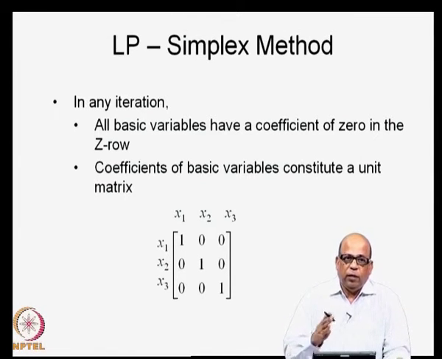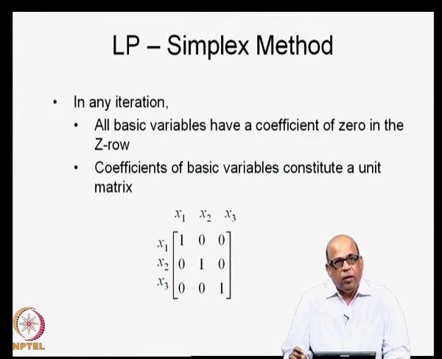So, we must be able to identify multiple solutions in the simplex method. Then we also know that if your feasible space is unbounded in the direction in which z is increasing in the maximization problem, it leads to unbounded solutions, because z can be increased up to infinity without violating any of the constraints, which means there is no bounded feasible space, and that we should be able to identify in the simplex method.